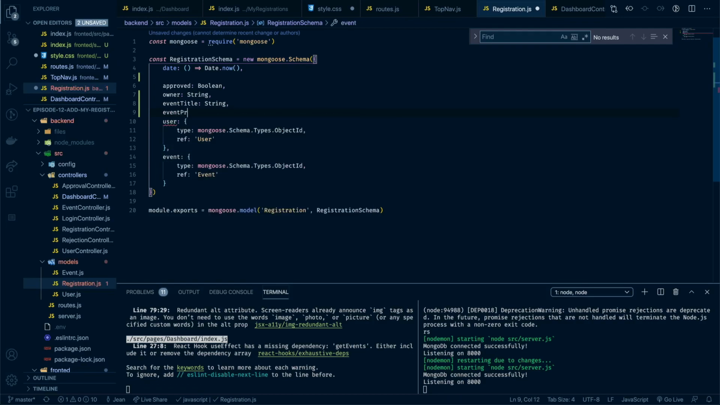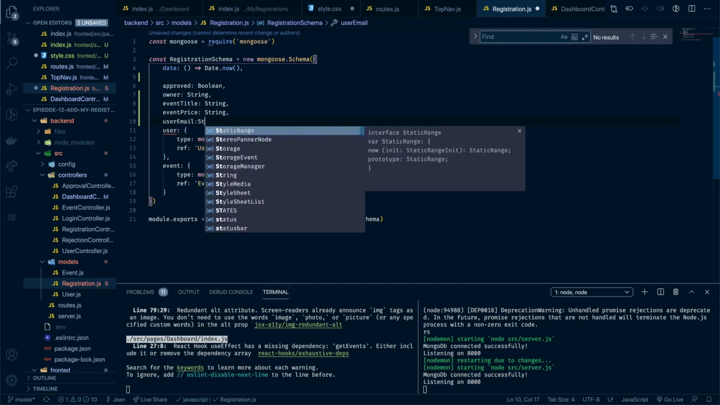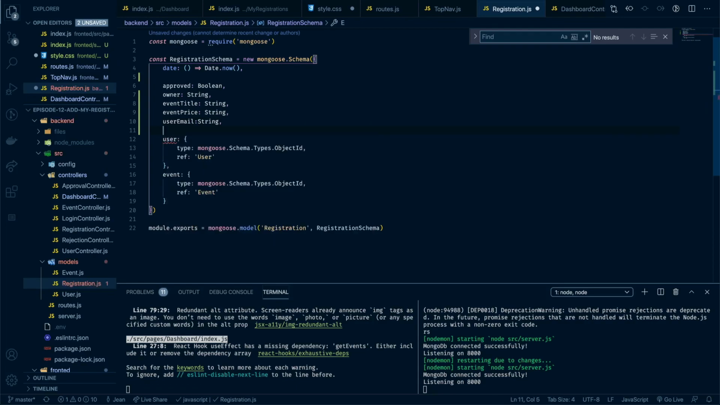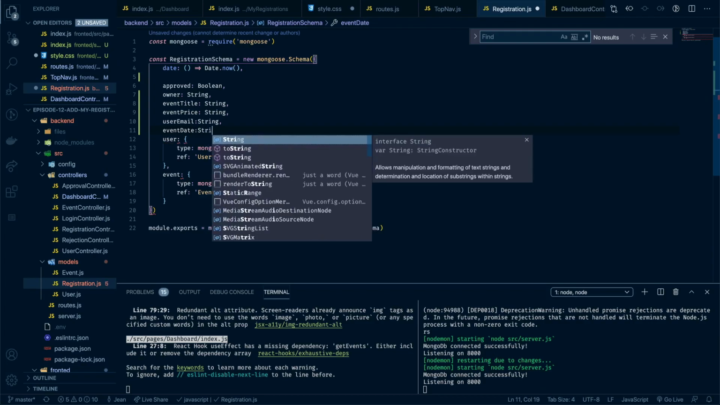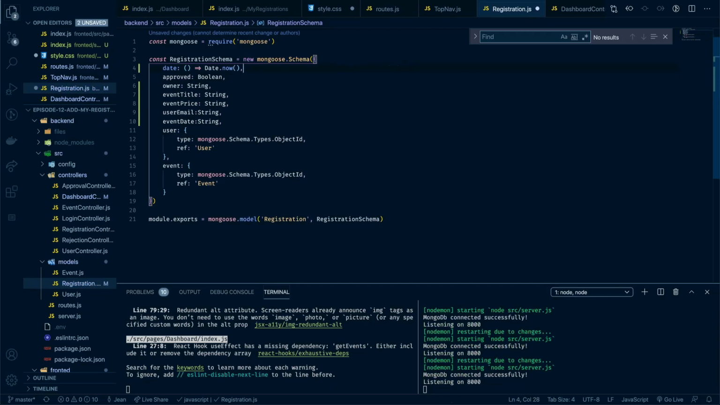We will need the event price. That's also a string, because we're formatting the values. And a user email, because we want to know which user basically made the request so that we can accept or deny. And we will need to know the event date. That's also going to be a string. Okay, so with that in mind, we need to change a little bit how our data or how our controller